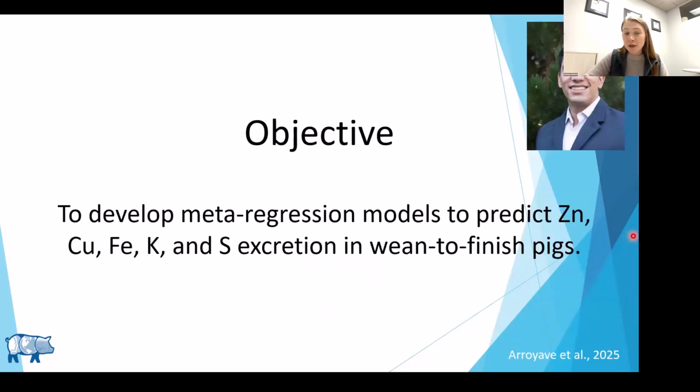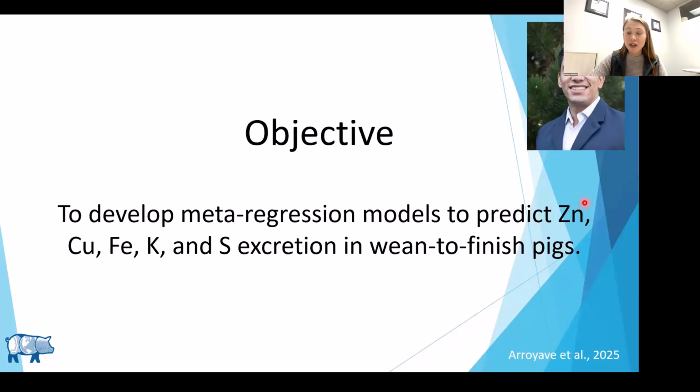Now, I do want to transition into the second objective our team worked on. And in that first objective, I talked a little bit about nutrient excretion. And one of the nutrients that we're really concerned about is mineral excretion. And I'm sure if you've all heard about the regulations with zinc, most notably with the EU having regulations in 2022 banning pharmacological levels of zinc oxide use in swine diets. We wanted to dig more into